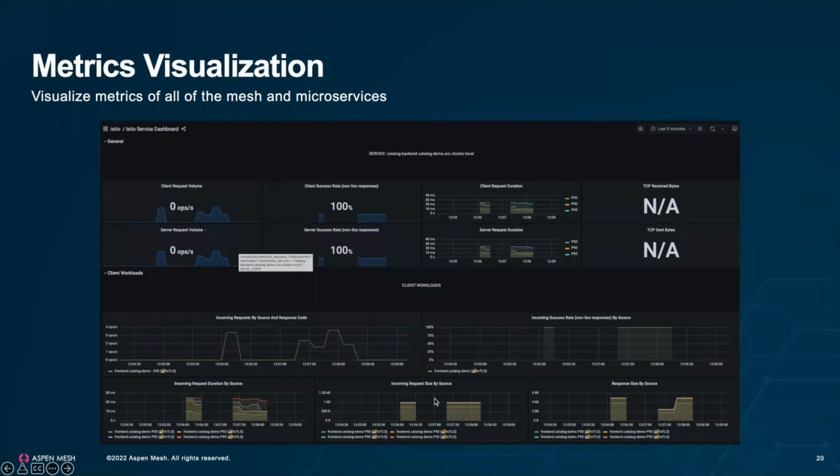And you can see in here, it even gives you information about mTLS at the bottom there, so you can see that your pods are protected by mTLS in this case, so you can see what's encrypted and what's not, throughput, latency, all sorts of data, and you can pull it into a tool of your choice.